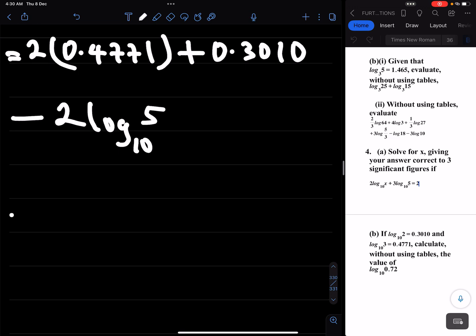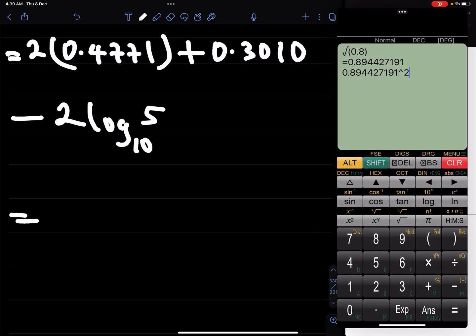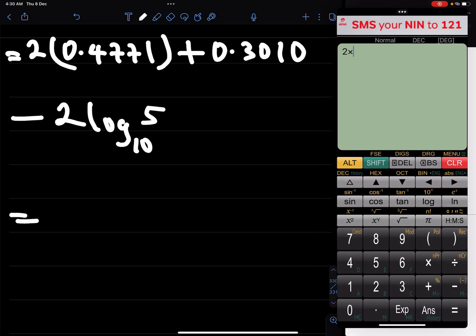And that's going to be equal to, let's do that, 2 times 0.4771 plus 0.3010, and that's equal to 1.2552